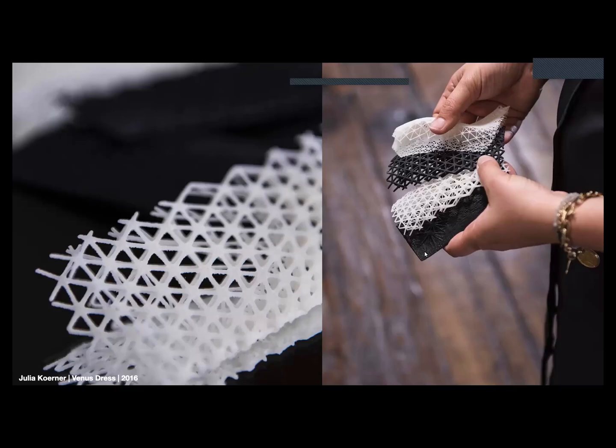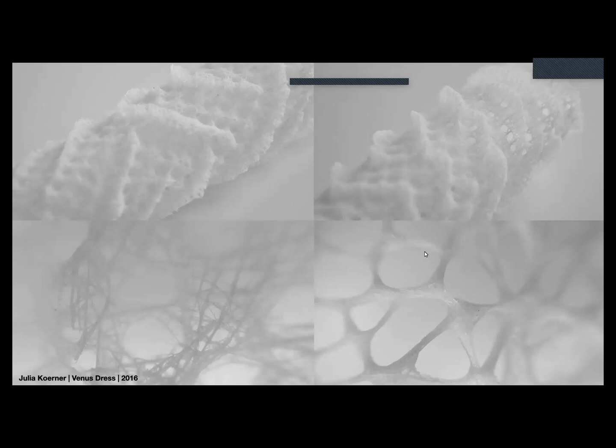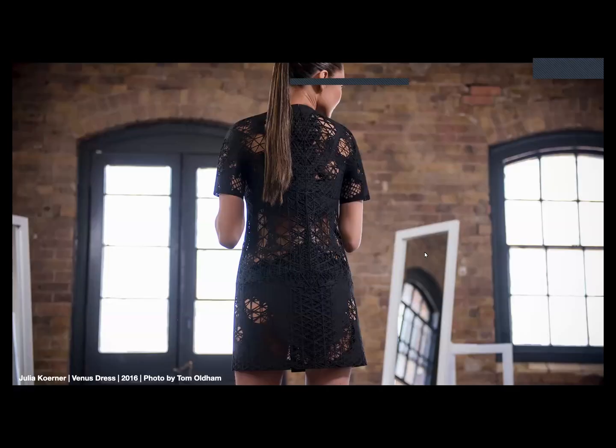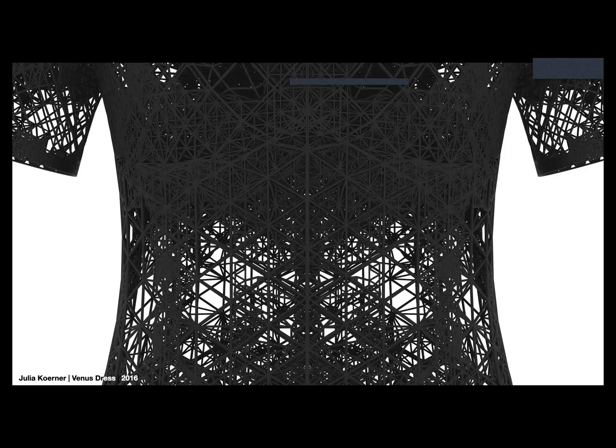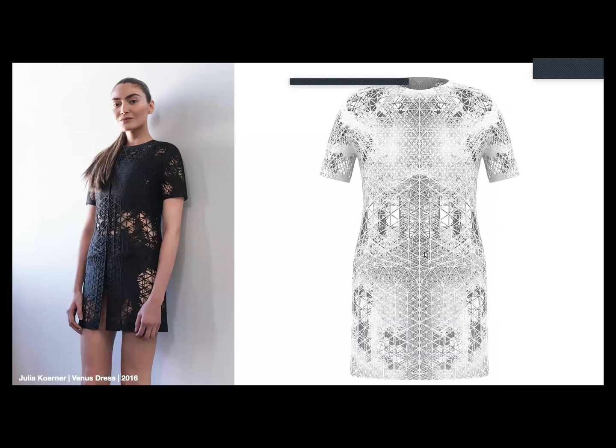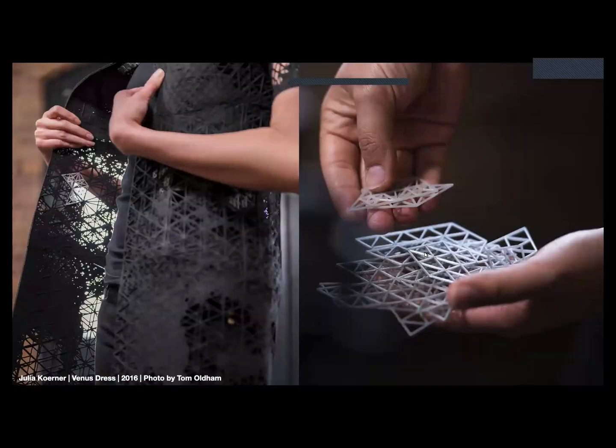Sponges are extremely interesting because of their cellular makeup and their geometry and structure. And so I designed a dress which looks like it's molded onto the body. This dress was entirely created in Rhino, a software which you're going to learn in the next 3 weeks. And on the right, you see a rendering, and on the left, you see the dress. And it was 3D printed with an SLS technology, which is a selective laser sintering technique, also called powder printing.